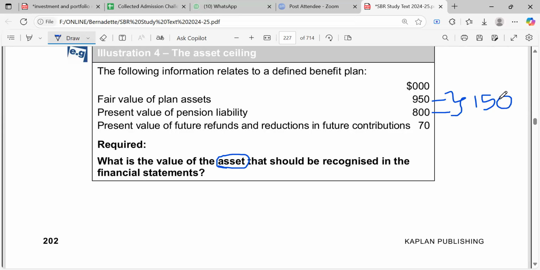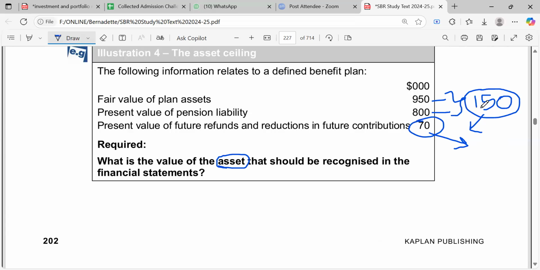So, like I told you, you treat this as a carrying amount. So in the books, you have 150, but you can only get 70 out of that, right? If I keep maintaining this 150, I'll be betraying myself. I'll be overstating that asset, right? So I have to write it down by how much? By 80. I have to write it down by the difference so that it becomes 70, right?